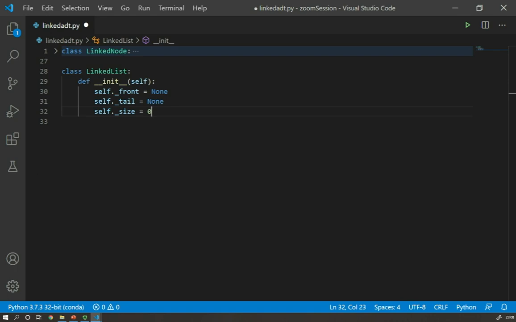Again, I encourage you to create the property for that specific class, so an attribute to be able at least to access the size. And again, probably what I will do is implement the operator __len__.